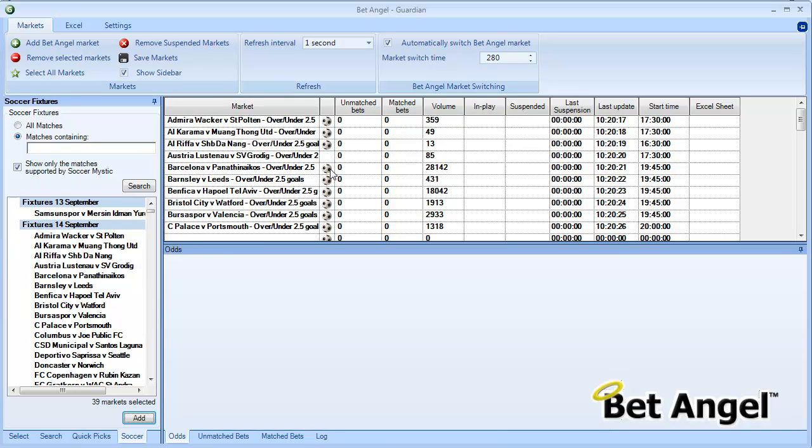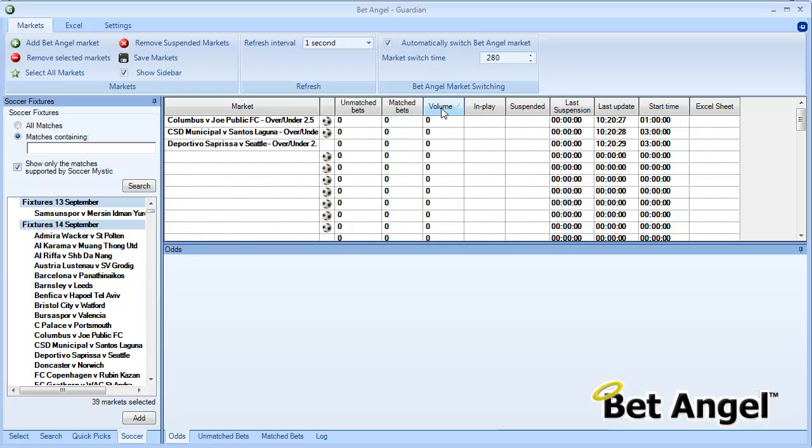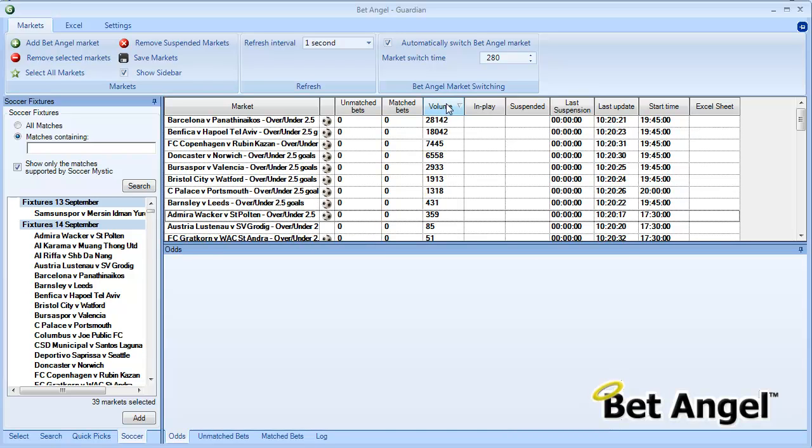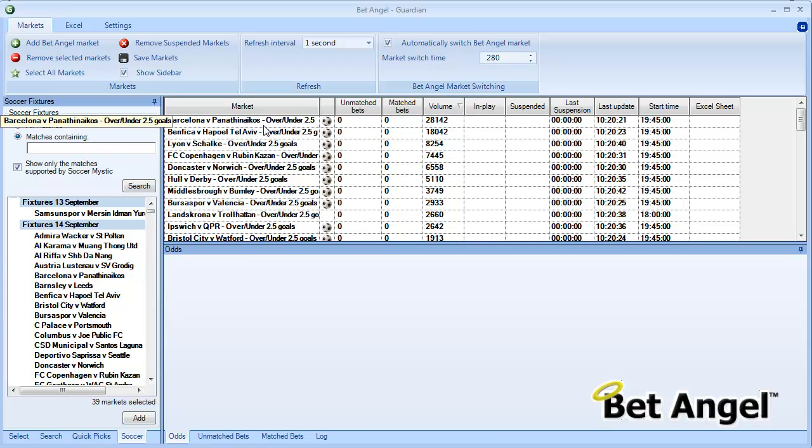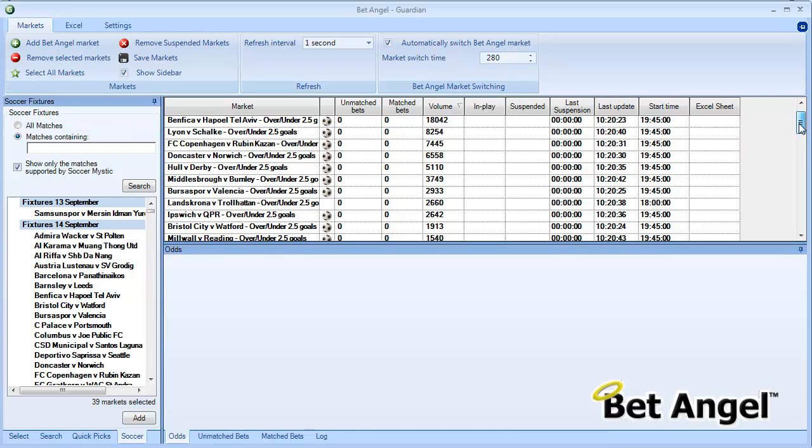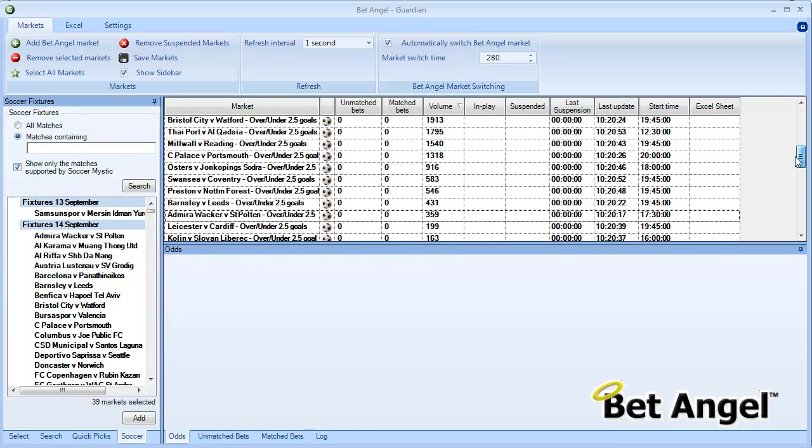Now you probably only want to trade matches that have decent volume, so if we click on the volume bar here and invert that, then it will basically start sorting these matches by volume, so you can get an indication as to how many matches are available and which ones have got the best volume and so on. So you can see down here Ipswich v QPR, very little volume, Barcelona v Panathinaikos, pretty decent volume and so on, and Soccer Mystic will populate that list for you